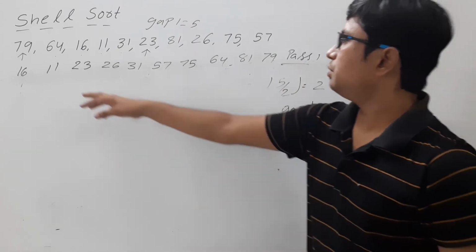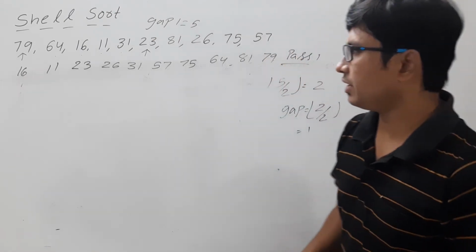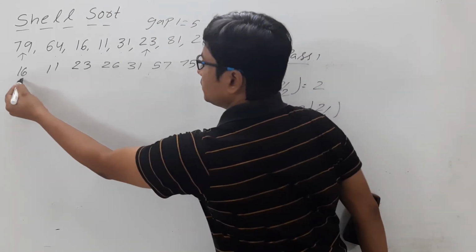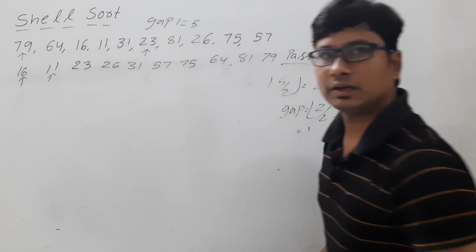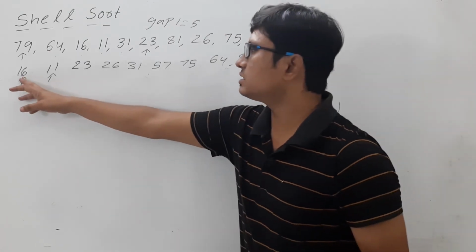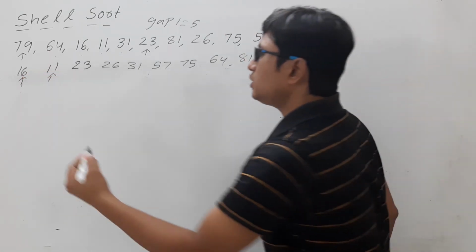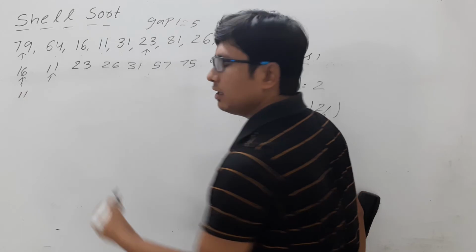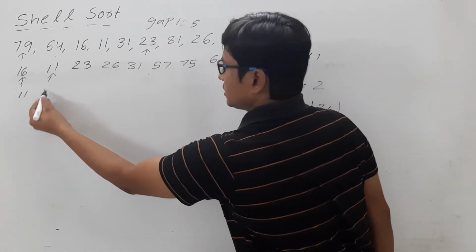Okay, now let me check it. What is the gap 1? Now 16 I need to compare with 11. Am I right or wrong? 16 I need to compare with 11. Now 16 is greater than 11, so I need to swap them. So if I swap, I will get 11, 16,